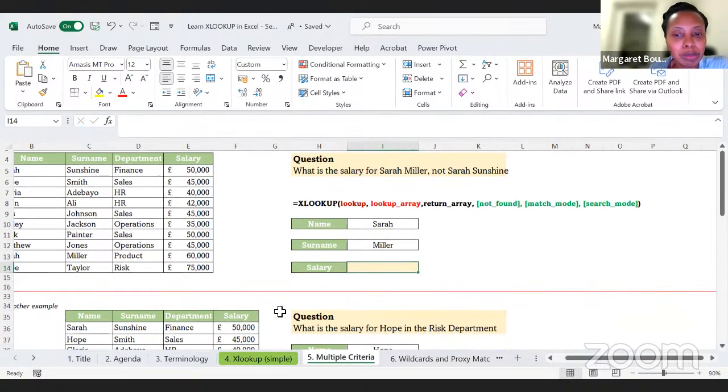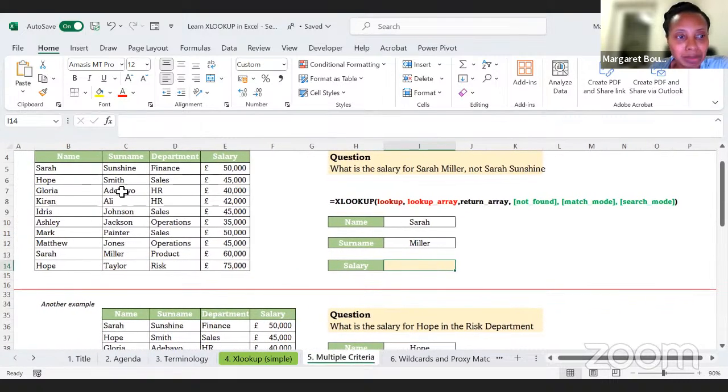So now what about multiple criteria? We have a table here with name, surname, department, and salary. What if we want to find the name Sarah and the surname Miller? Basically we want it to look for the name in this column, and look for the surname, and we want to know the salary for those two criteria. So XLOOKUP is great for that as well. So you do equal